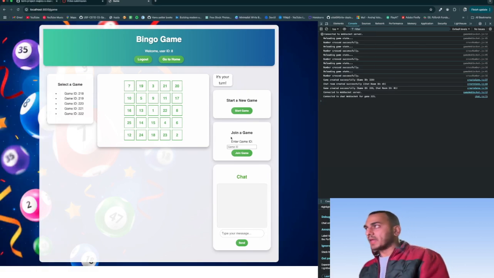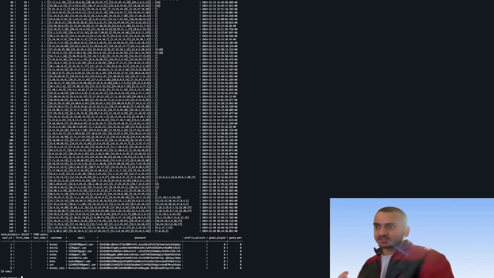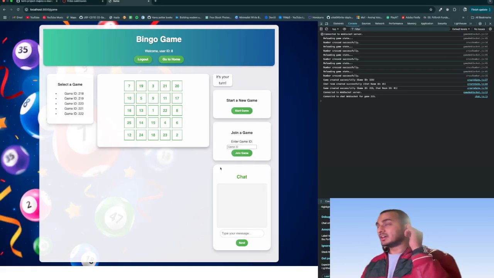And now I can also show you the user that was created. So this is the user we just created, my name. It was on the database, so it is gonna be logged in. Now